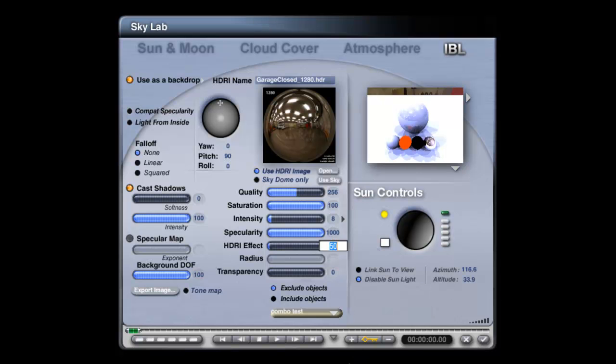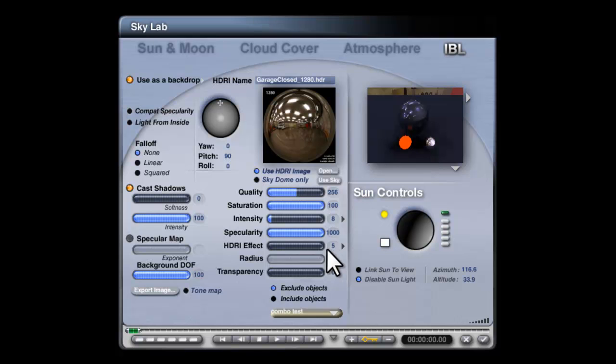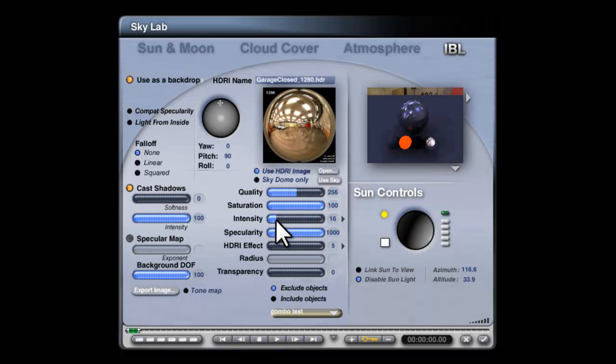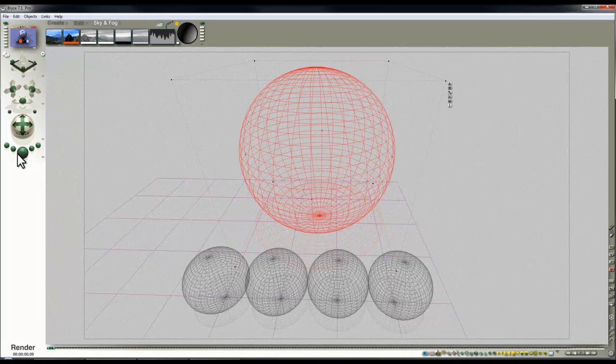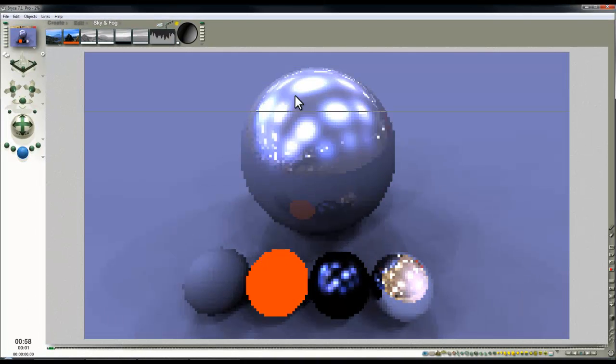We need to reduce the HDRI effect, and then we can increase the intensity, and we'll start to get some specular highlights as a result of the simulated light sources that have been generated that produce the effect of the HDRI lighting. So now we've got these on. You can see that there are a few distinct blobs in this preview, but this preview is only generating about 16 light sources, which is the lowest quality setting. The default setting comes in at 256 light sources,